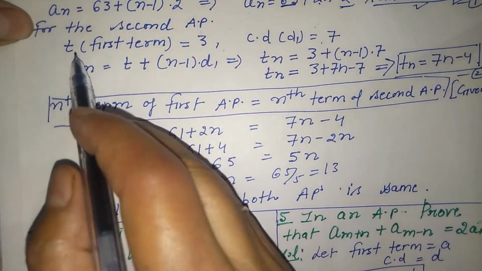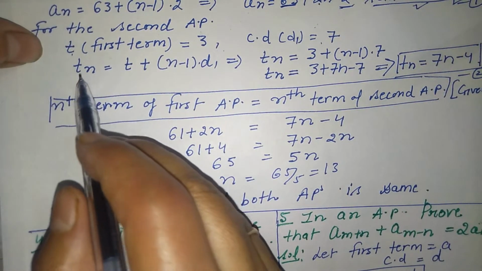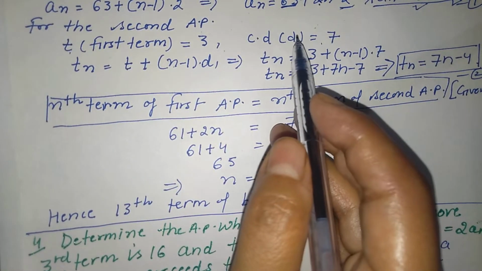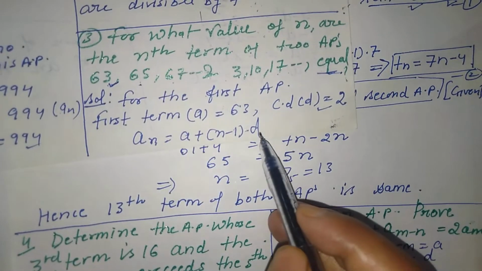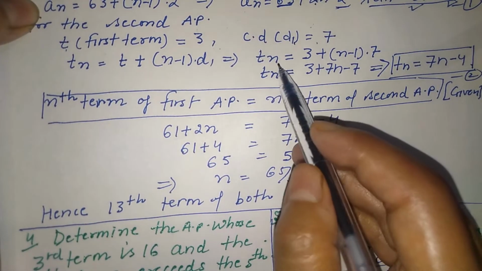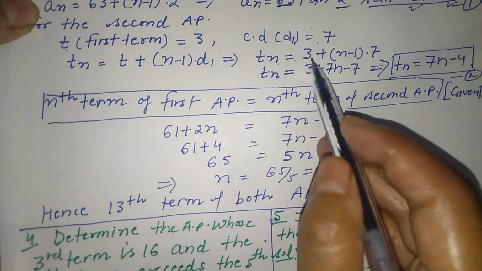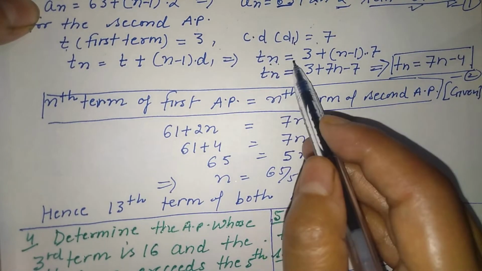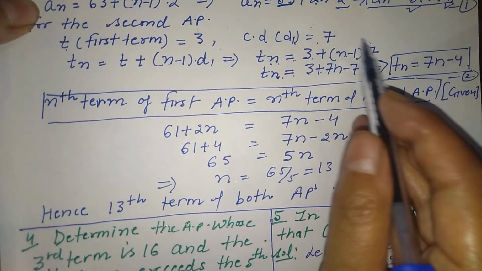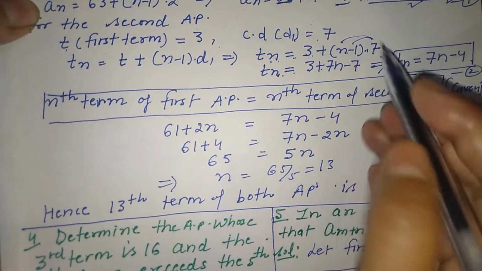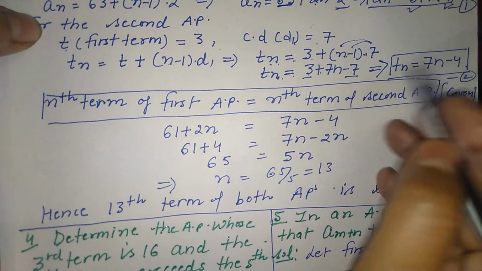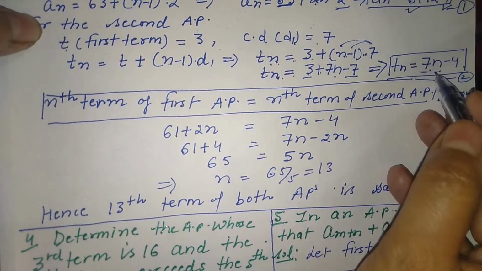Suppose for this first term we are taking t here to make the formula. Tn is equal to t plus n minus 1 into d1, because in the previous one, for the first AP, we have taken d. Now this Tn is the same formula, an is equal to a plus n minus 1 into d. Same formula, Tn is equal to 3 plus n minus 1 into d. So Tn is equal to 3 plus, multiplying inside, 7n minus 7. So 3 plus minus 7 becomes minus 4, and 7n is positive, which we have written at first place, minus 4.